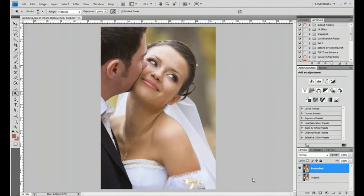All right, so in part one, we did kind of an introduction to touch-up work with the portrait, and got an overview of some of the basic tools and concepts that you use when you're doing some touch-up work. And now in the second part here, we are going to